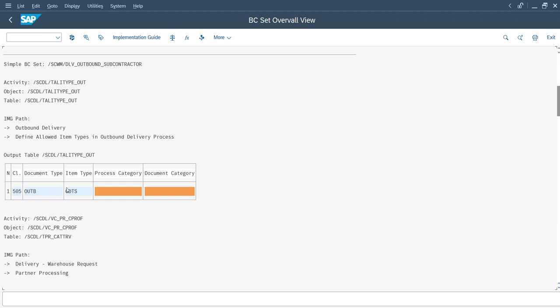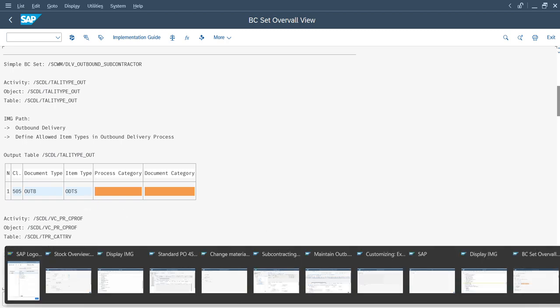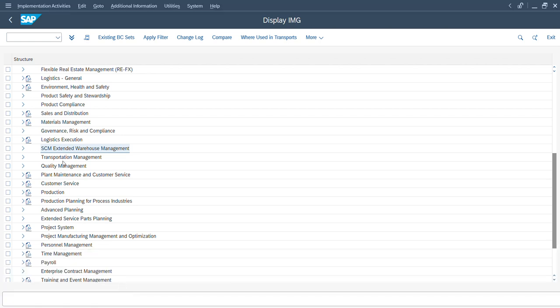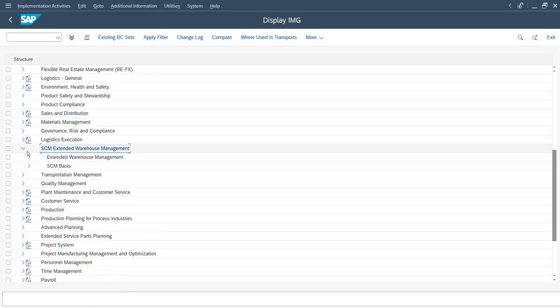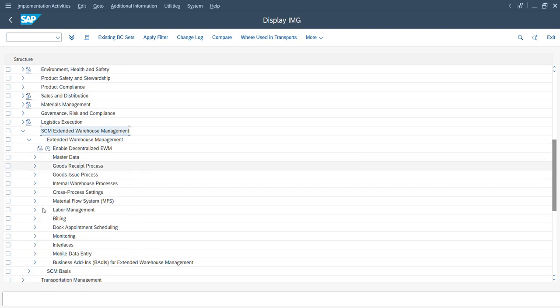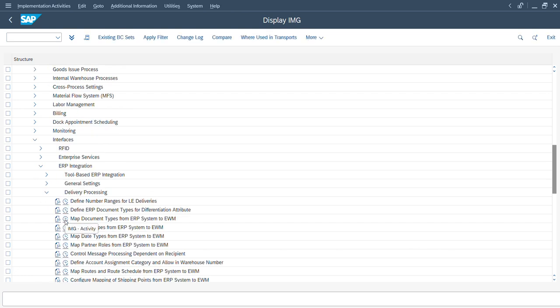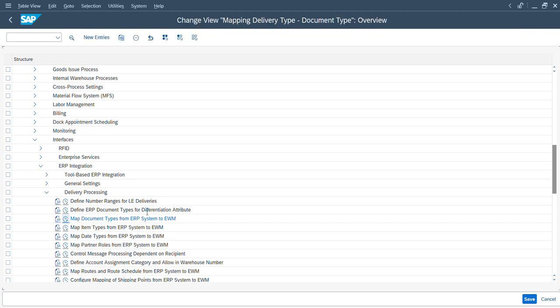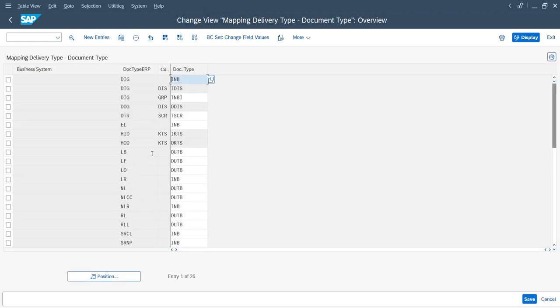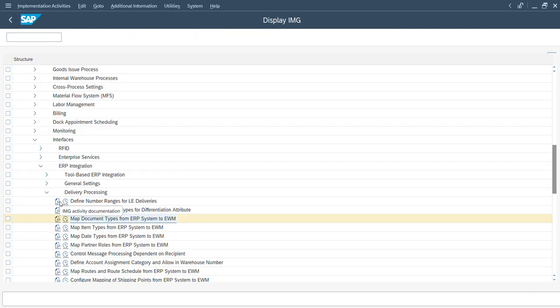So you can see that the system has brought this over in the configuration. Going back to the configuration, once you have the relevant item type, go to the interface and ERP integration, delivery processing, map the document type LB with OUTB, and then map the item type between S4 and EWM. Once this setup is done,